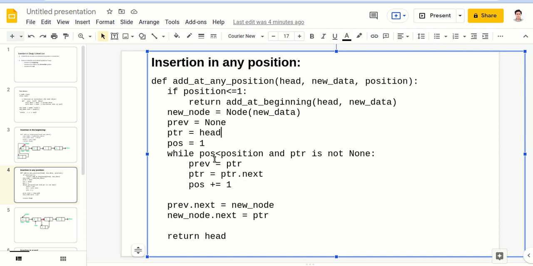Now if the value of position is more than the size of the linked list, then definitely this condition will break the loop. Hope you understand.